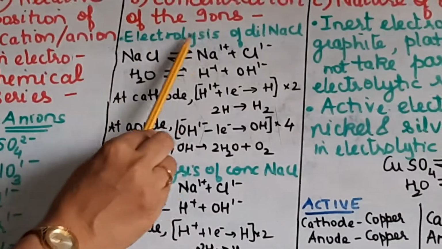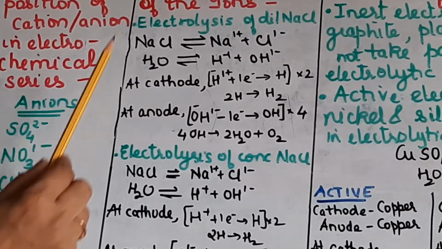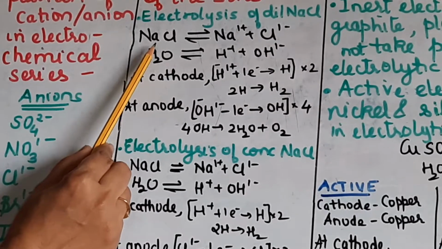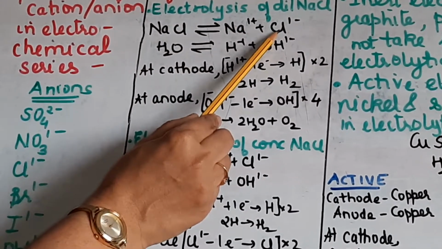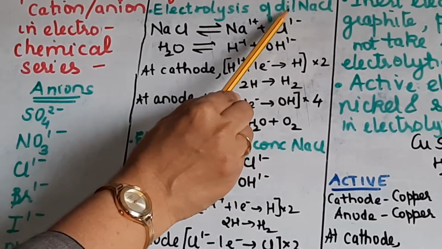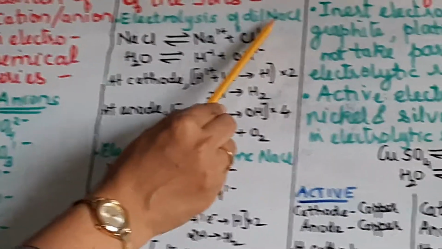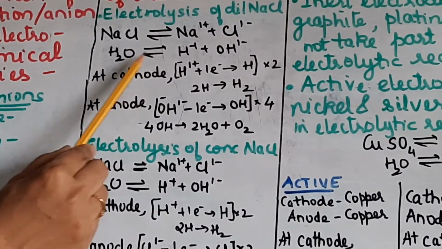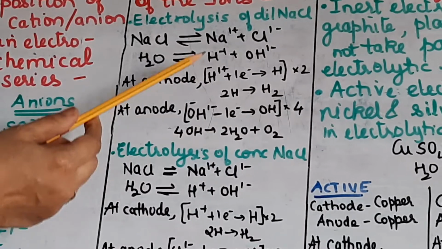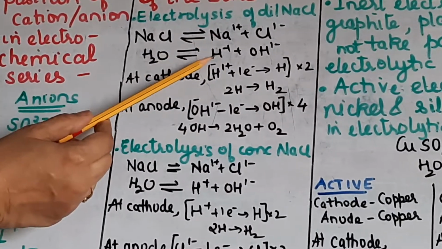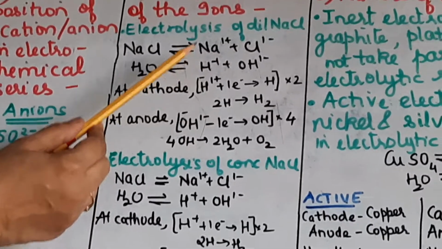Now first, just understand the electrolysis of dilute sodium chloride solution. So sodium chloride, when you are passing electric current, naturally it will form ions, sodium ions and chloride ions. Now since it is an aqueous dilute NaCl, it means you are preparing the solution in water. Since it is an aqueous solution, water will also form the ions H plus and OH minus. So now sodium ions and hydrogen ions are what? Cations. Yes, very good. So cations migrate to the cathode.